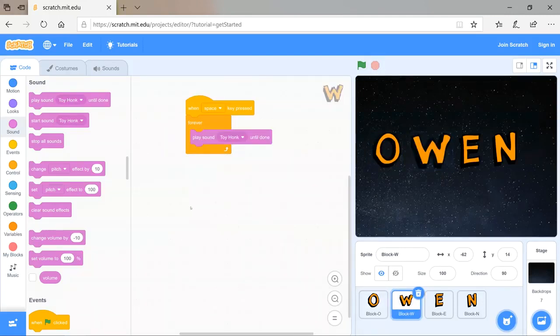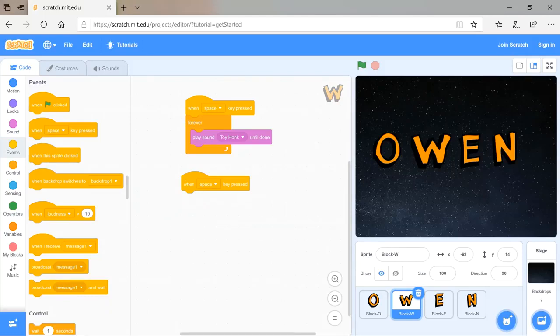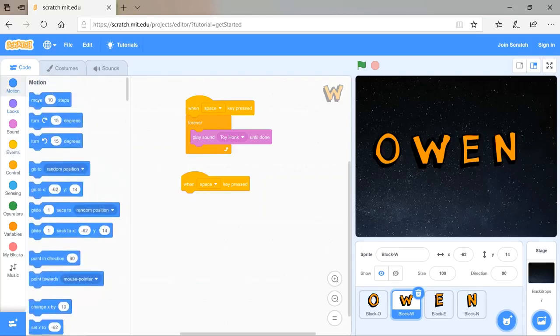We probably want the W to move because it looks a bit boring sat there, so we'll get another space key as pressed. And we will make him dance like we did with the other letter, but I want him to dance without playing a sound because he's already playing a sound. So we will have 10 steps. I'm going to change that to 20 and change that to -20. And now when we push the space bar,